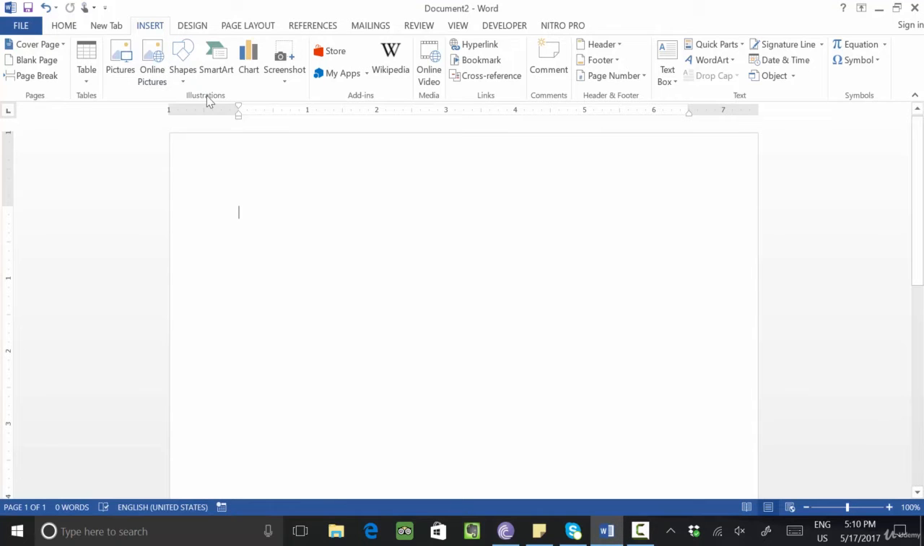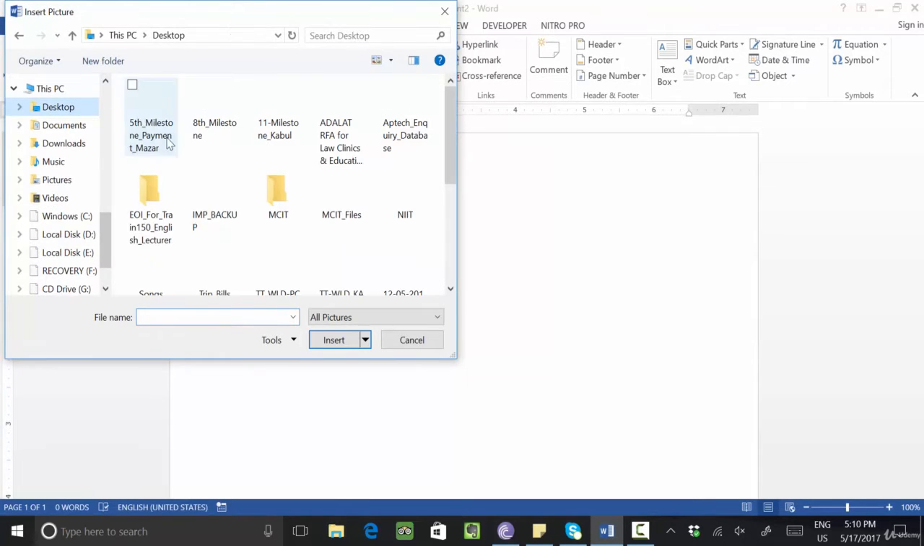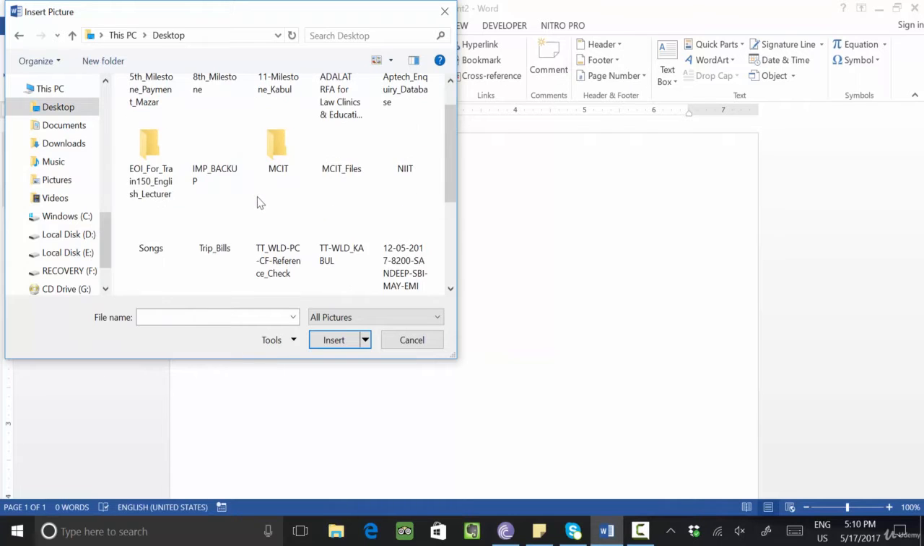See, next tag is illustration. In the illustration tag, you can click on picture if you want to add any picture in your MS Word file. So select picture and select picture from your system. Okay, so you will see in the desktop I have some pictures, so I will select some pictures from the desktop. For example,